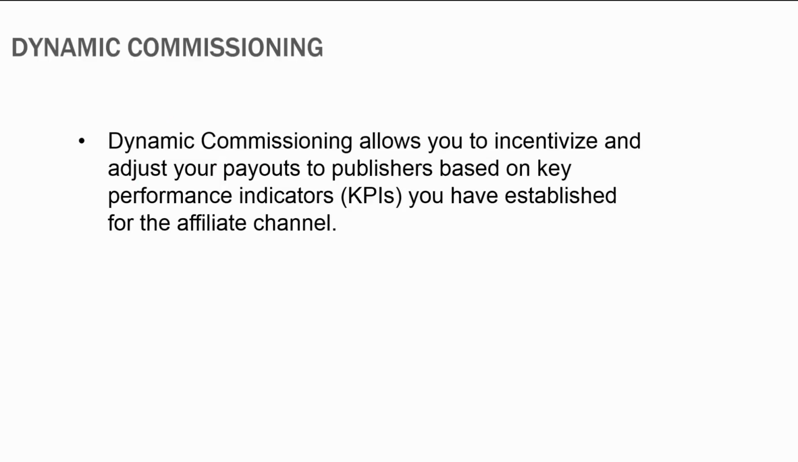Dynamic commissioning allows you to incentivize and adjust your payouts to publishers based on key performance indicators, or KPIs, that you have established for the affiliate channel. By creating rules within your program's terms, you can adjust commissions for product lists, individual item SKUs, item categories, coupon code use or specific coupon codes, order amount, quantity of items in the order, number of publisher transactions and transaction sale amount per month, new versus existing customers, device type, including desktop, mobile, and tablet, creative type, and specific creatives. You can add any number of these rules under a specific term, and later on we will discuss how to